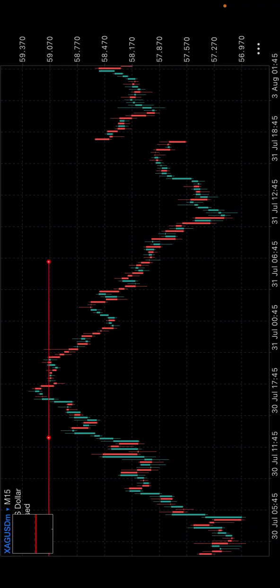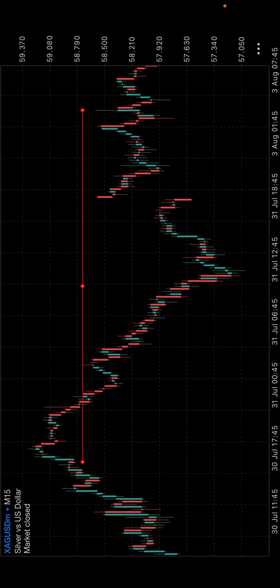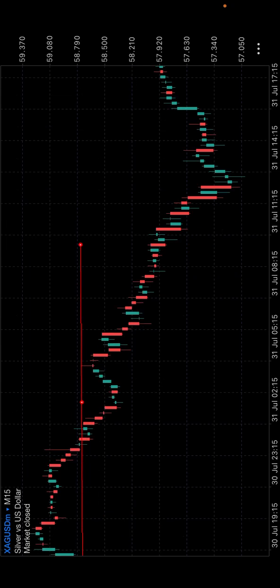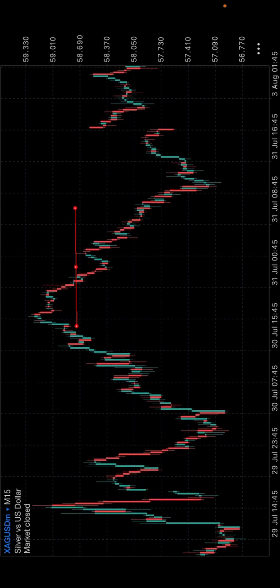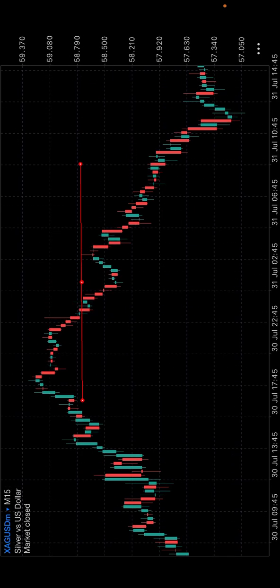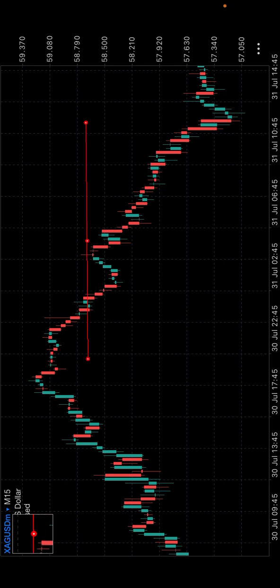Price retraced and tapped into this level. Do you understand? Price retraced and tapped into this level. This is a level where traders usually look when they are setting their limit orders. If you check from this level, you see that several large sell orders were placed. So price came back to retest this level, and as we always do, you will set your limit order